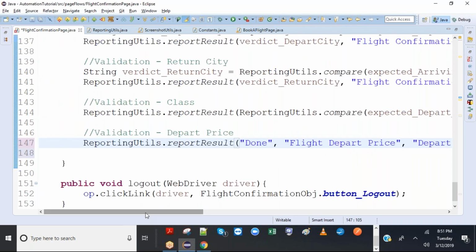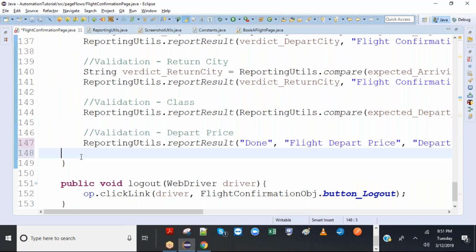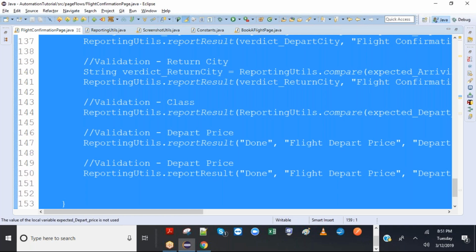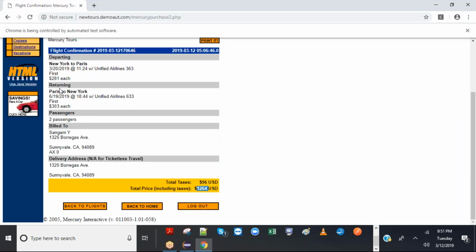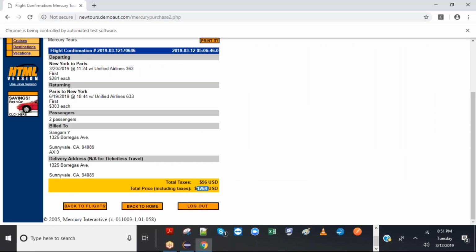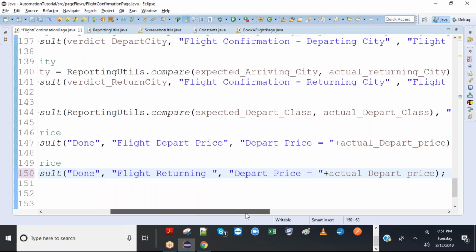All right, so let's use the same lines for others quickly. The next validation point would obviously be the returning flight. So what is the returning city?